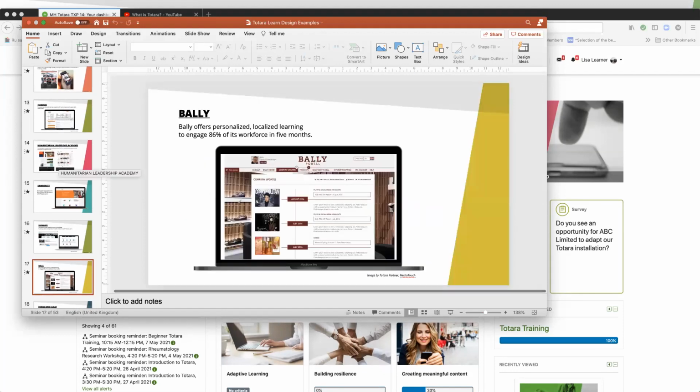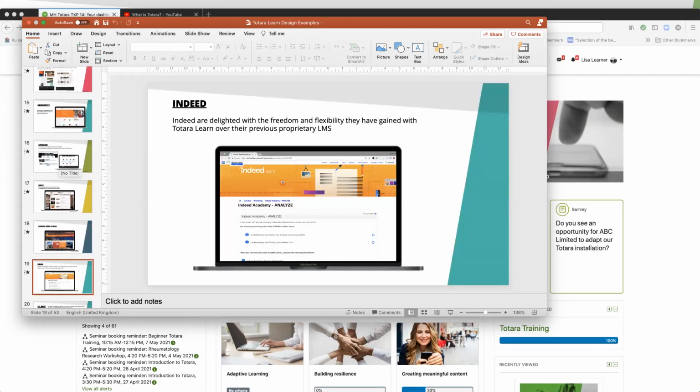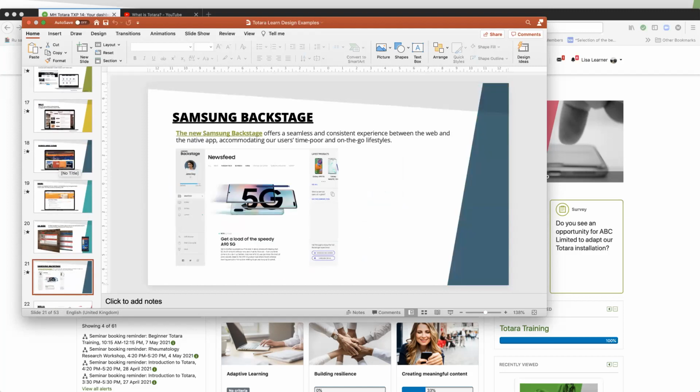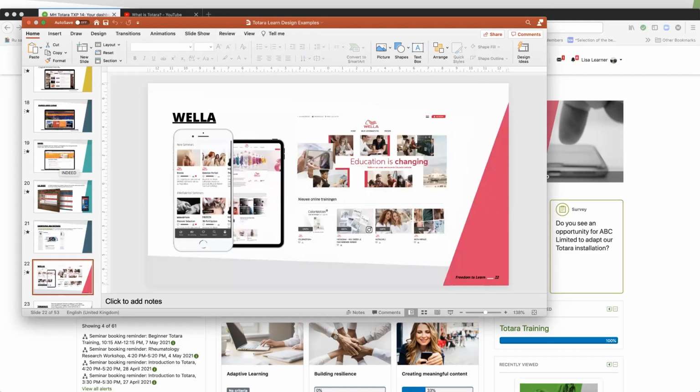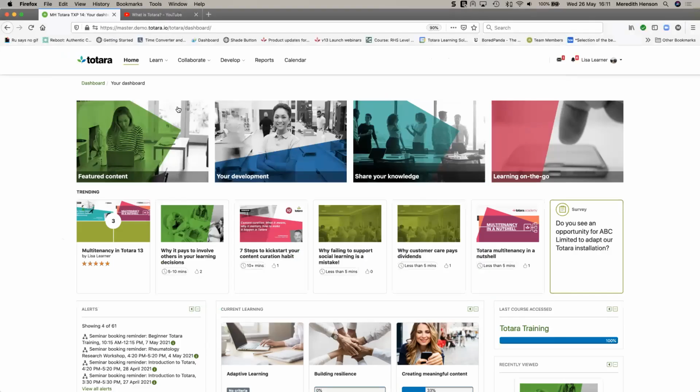So please don't think that anything that you see in terms of my demo site is what you will necessarily be stuck with, or what you would have across your Totara site. The limits are sort of your imagination and possibly budget as well. But oops, wrong. There we go. So back to my site. Everything I've achieved here is with zero design skill and admin, but strong admin foo.